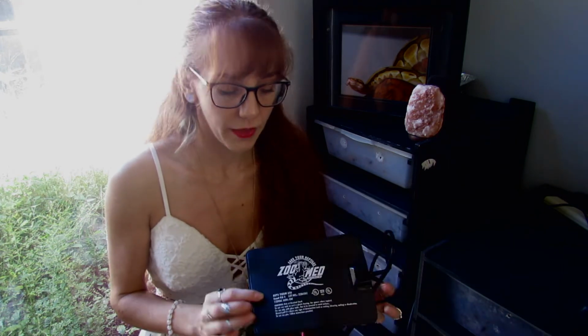The problem with these that I'm not a big fan of is that they do tend to lose their stickiness over time, especially if you're replacing it. If you're upgrading your snake's enclosure and you're replacing the same heating element on the bottom of each one, eventually it will stop sticking. These are great heating pads, but again, if you're using a rack system, most rack systems come with heat built in already or a place to put the heat pad or the heat tape. So these are really more for glass enclosures and things like that. They are a good option,